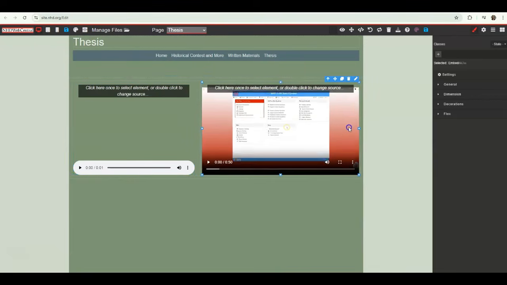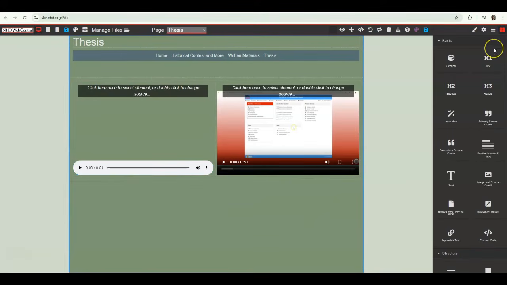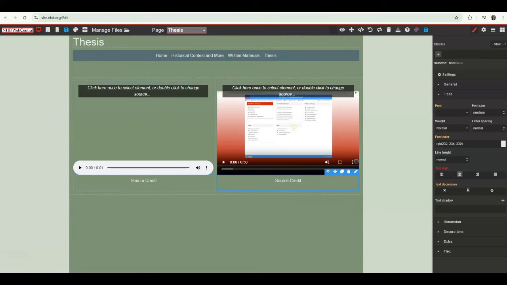So here, I might make it a bit tinier. Here we go, centered. So there we go. I like how that looks. Now I want to add in a source credit for these, so I can drag and drop in some text underneath to create my source credit. So that is how I add my flex boxes, how I add that multimedia with my MP3 file and my